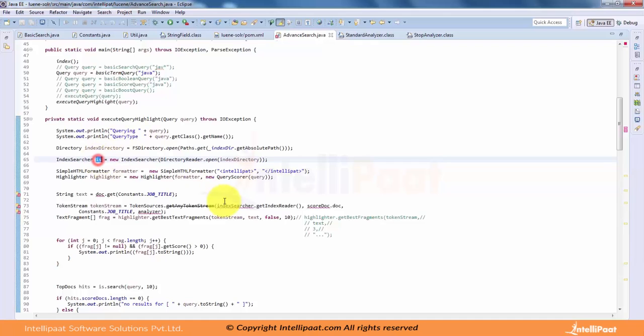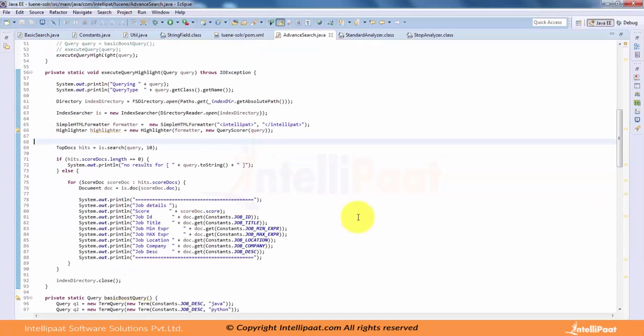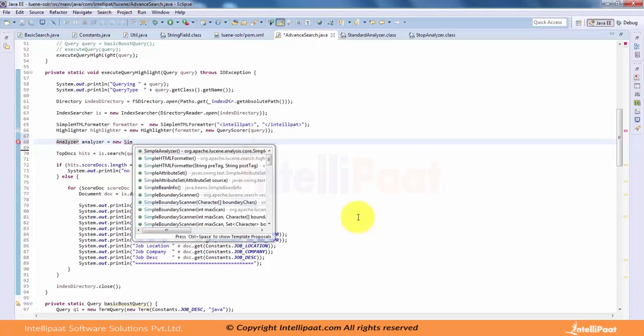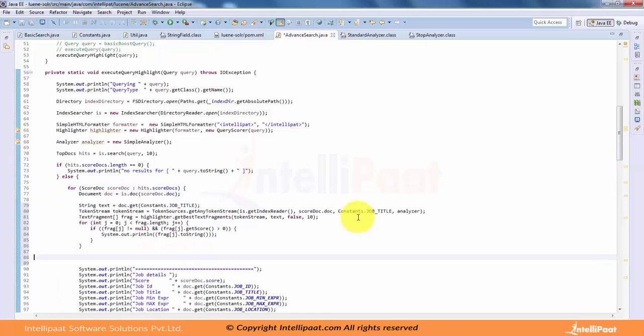So I'll have to use index, and then we will create an analyzer. We will use a simple analyzer. I just did a code snippet copy. Okay, so what it does is,